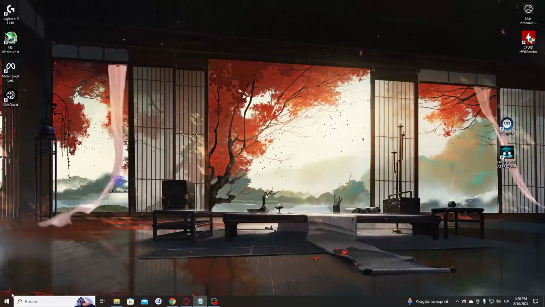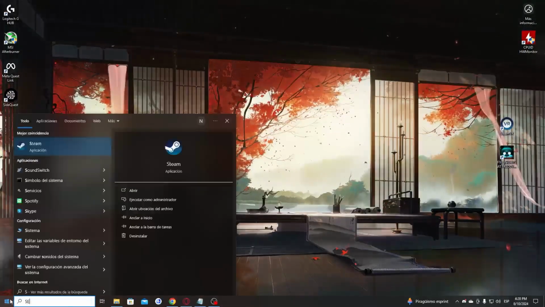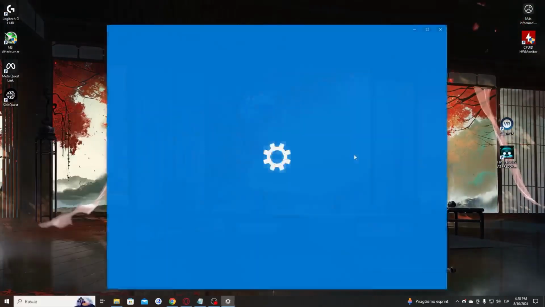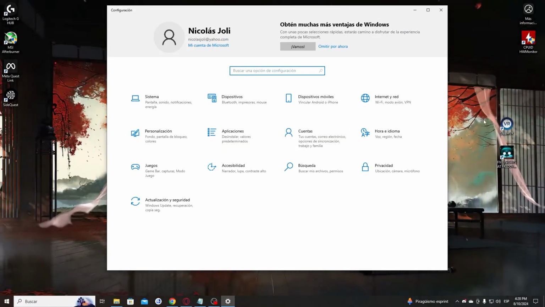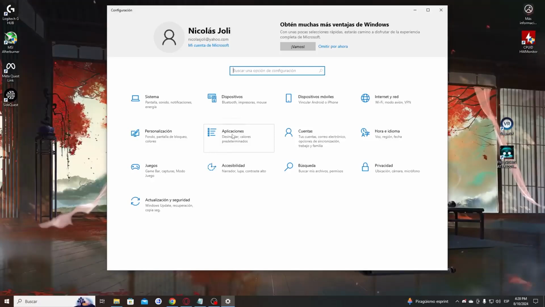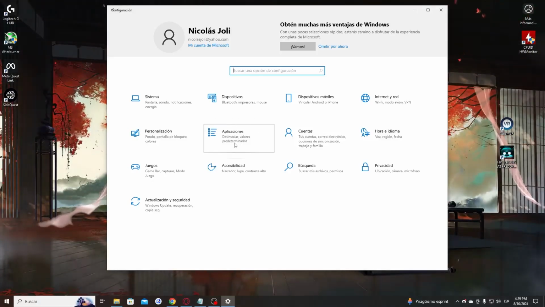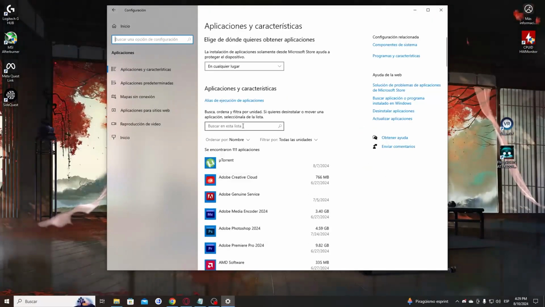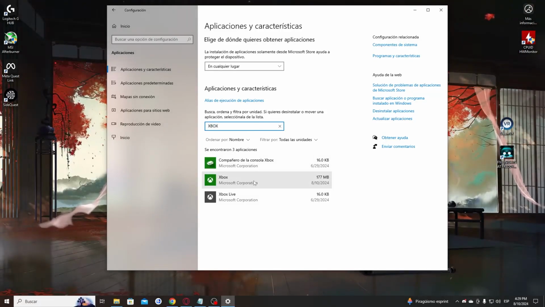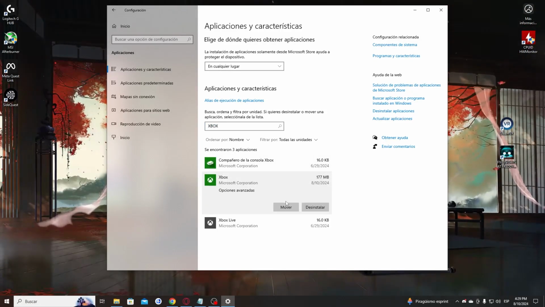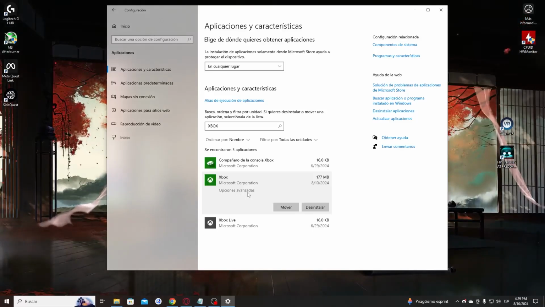Well, you have to go to the Windows key and look for settings. So you press settings. It doesn't matter, I have it in Spanish, but it's not a problem. You have to go to apps or applications, and here you have to find the Xbox application. Okay, so the first thing you have to do is click the Xbox application, press advanced settings, and once